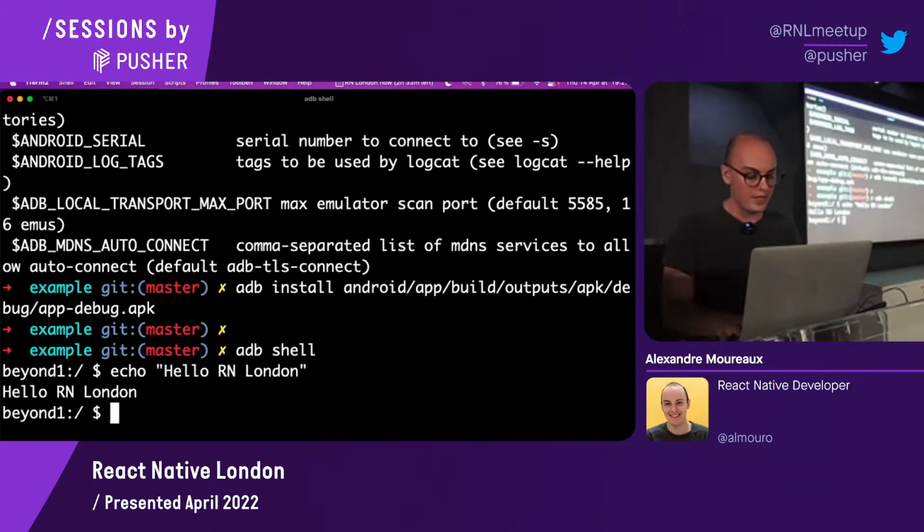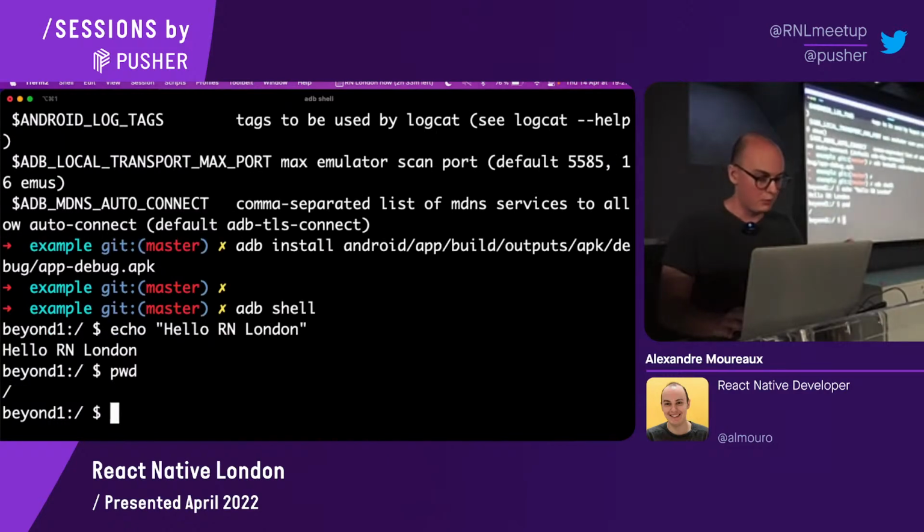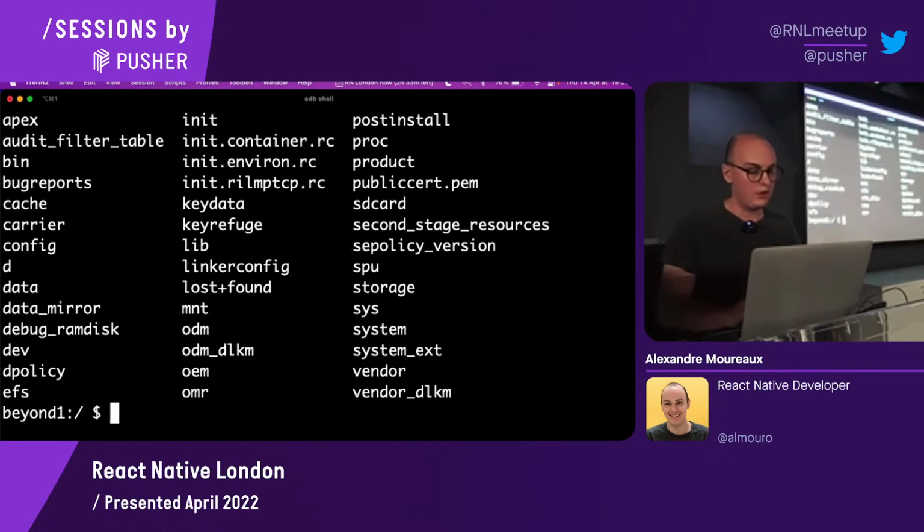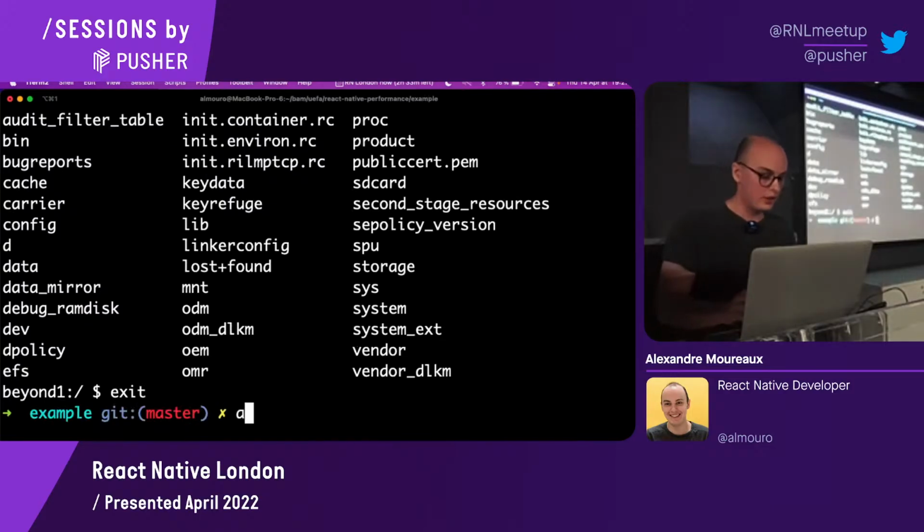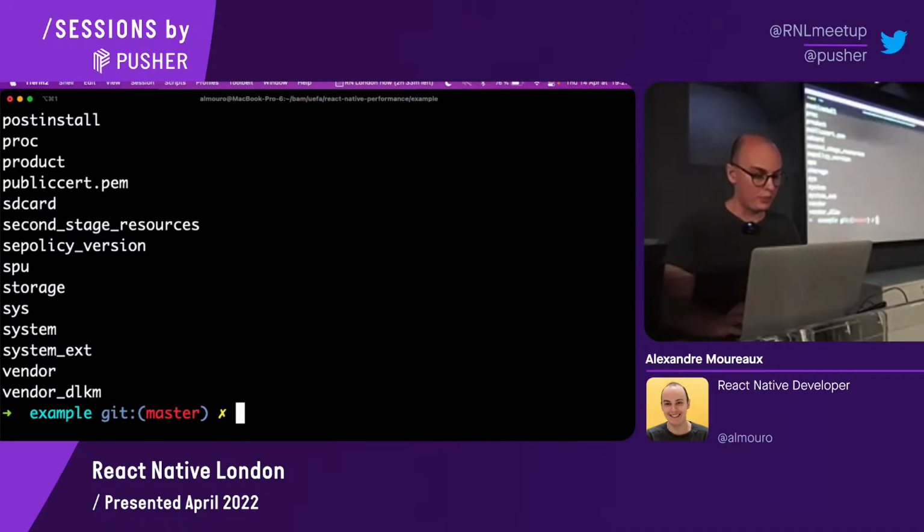I can do all sorts of things like pwd. Well, I'm at the root, so yeah, ls to list all of the folders. And also, as a convenience, I can do adb shell ls, for example, to execute the commands. I'm using ZSH, so it's kind of nice to have the history of commands. It's kind of cool.